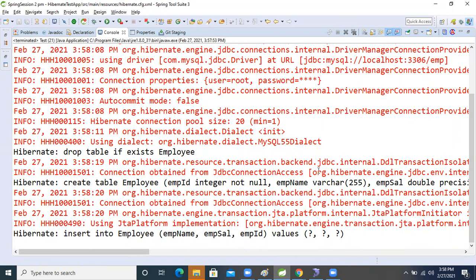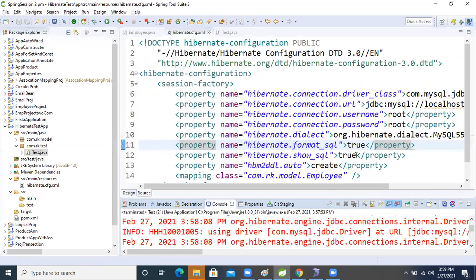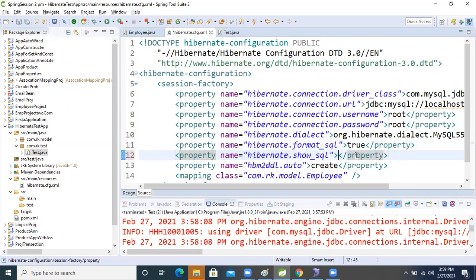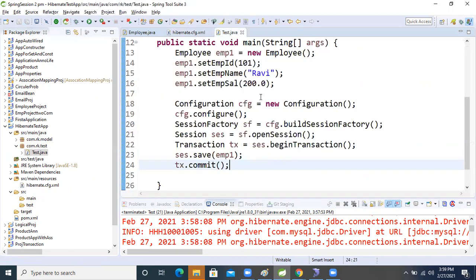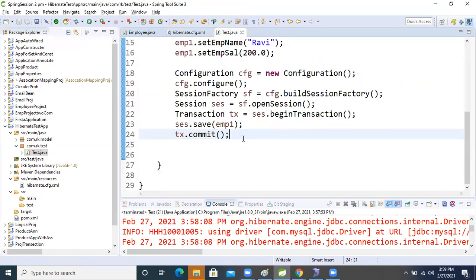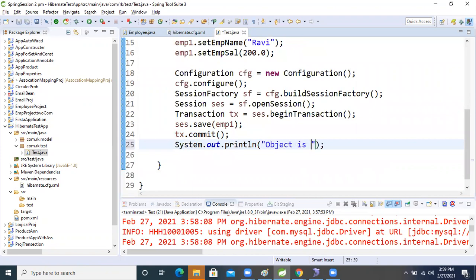If we do not write it, if we make it false, then after runtime, here I'm writing sysout, object is saved now. Okay, now run this application.